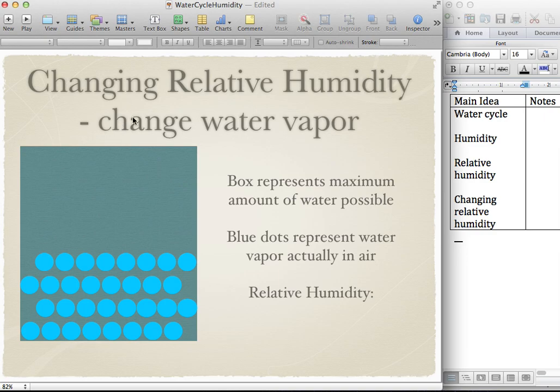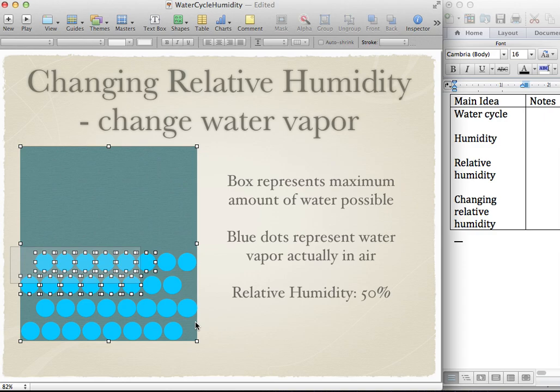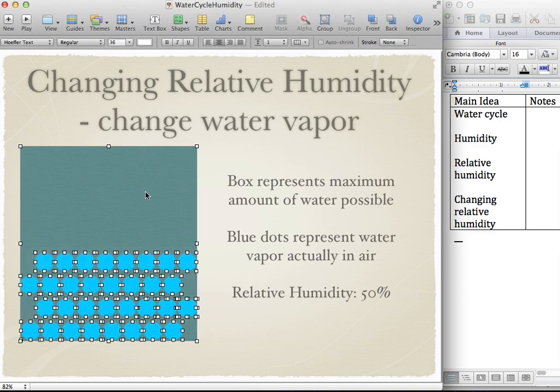So let's talk about changing water vapor. Again, the box is the maximum amount of water possible. Blue dots represent water actually in the air. Currently, our relative humidity is 50%, right? And that should be clear. We have half of the box full. But if I were to